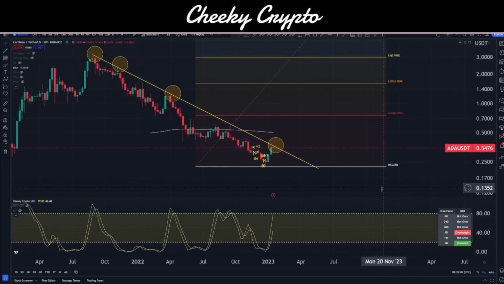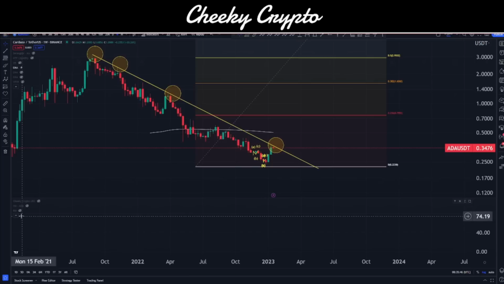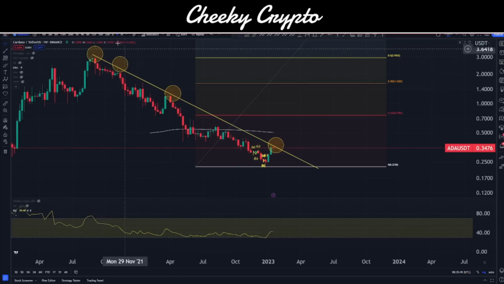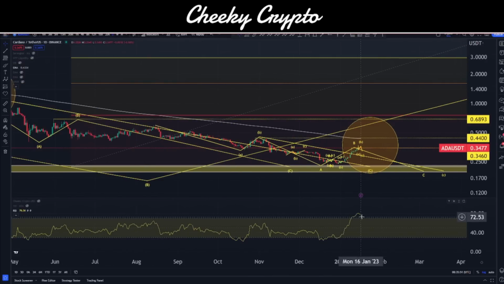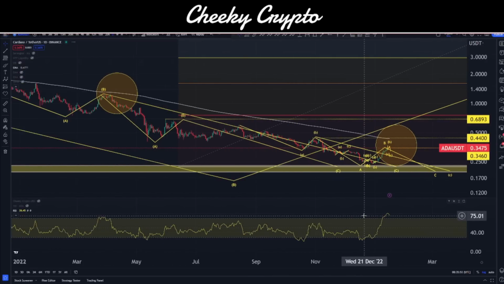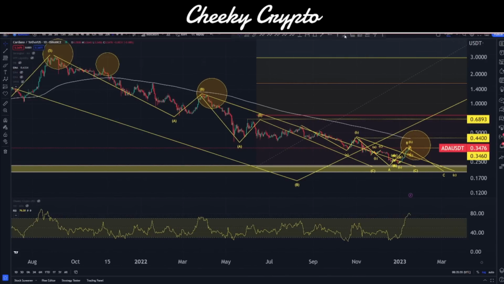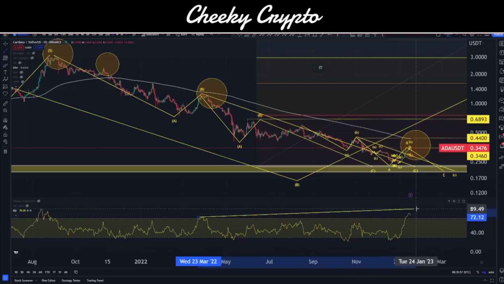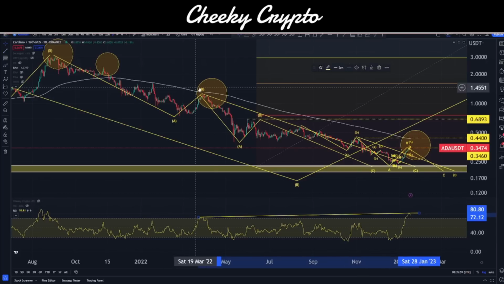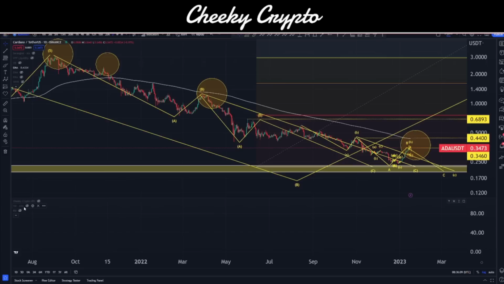For the most part, I'm not expecting us to go straight to the moon. We're nice and high on our stochastic RSI on the weekly time frame. Check out the daily RSI. You can see we're way up here looking for this retracement. This is incredibly bearish, and this is consistent pretty much across most platforms. We've got lower highs on the price and a higher high on the stochastic RSI, so we've got the bearish divergence on the stochastic RSI.